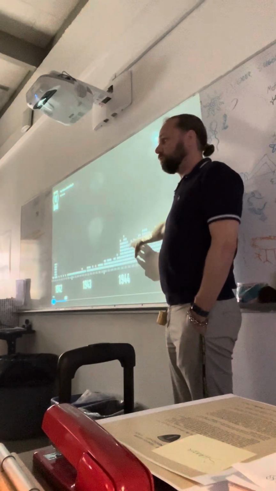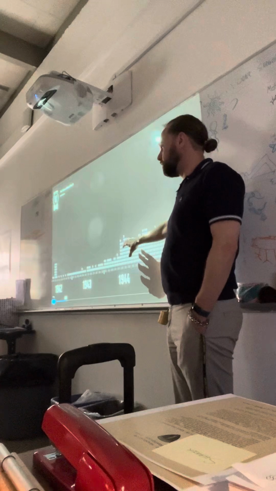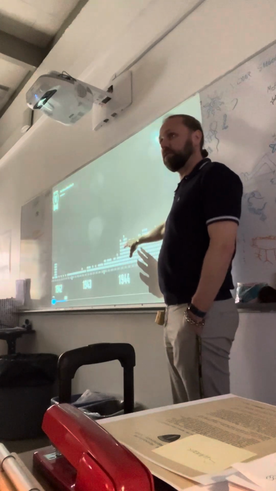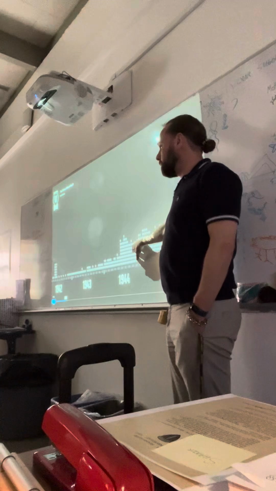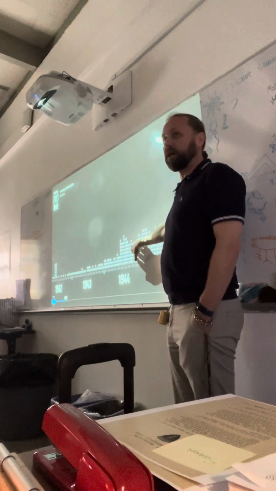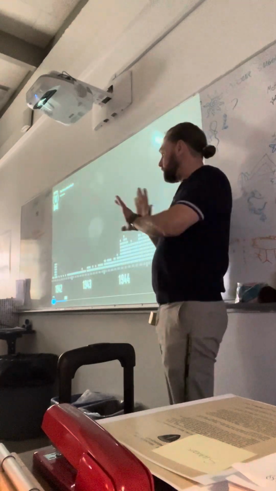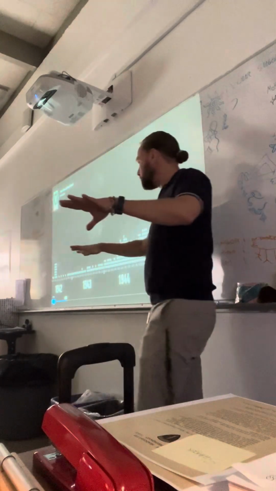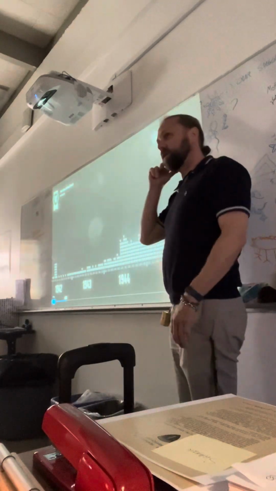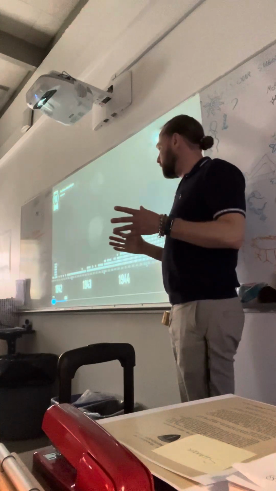Does anybody know when the Americans began their invasion of Europe? What was the main event? Calvin? D-Day? D-Day, it's called. D-Day was the invasion of Europe by an amphibious, like a sea-based landing. The troops all stormed in and took the shores. They took the beaches in Normandy, France, and it was an enormously costly invasion.